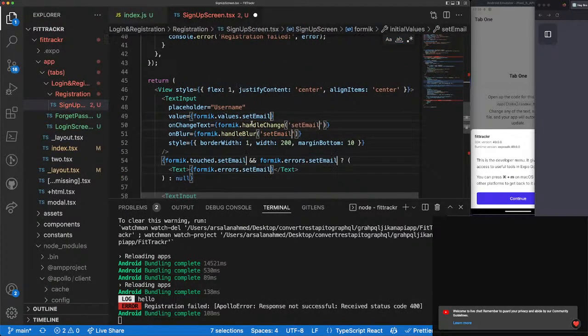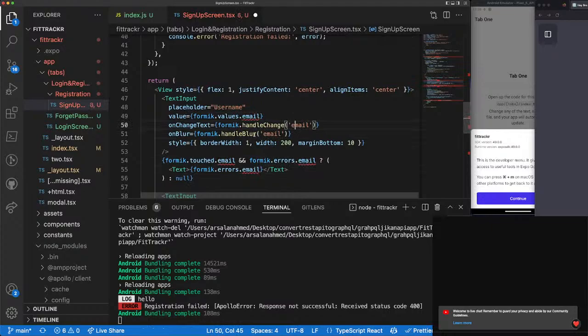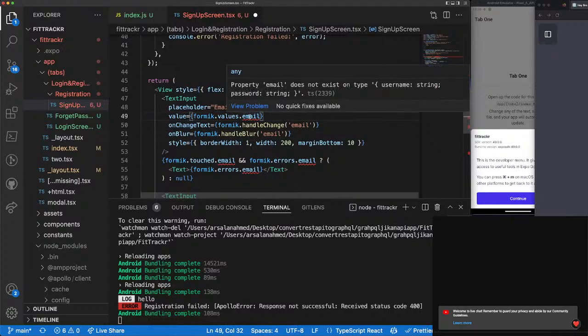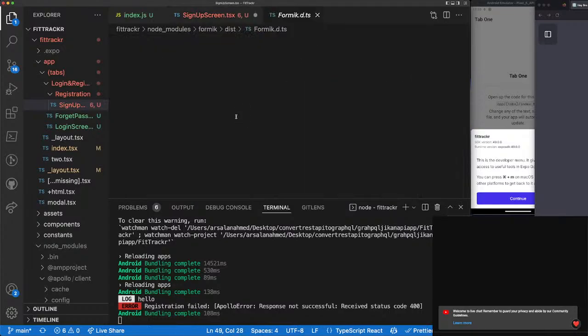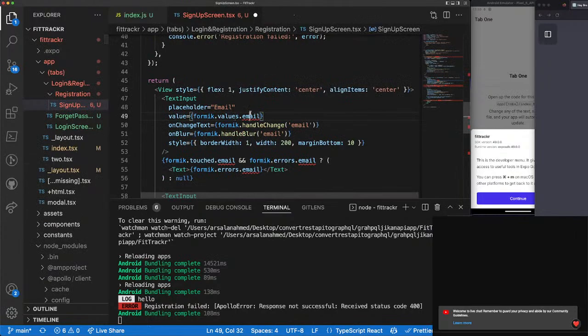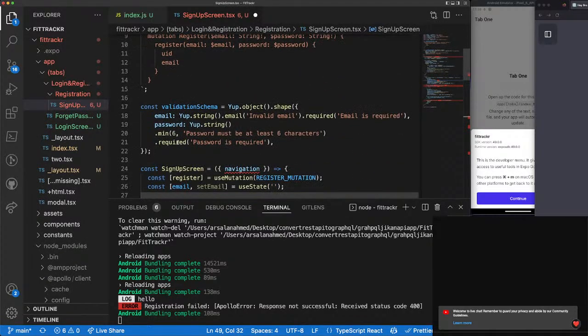Oops, to oh boy. Username, email. Handle change, handle that, and then email. Email, formik dot. Damn it, no, not that. Formik dot values, email,